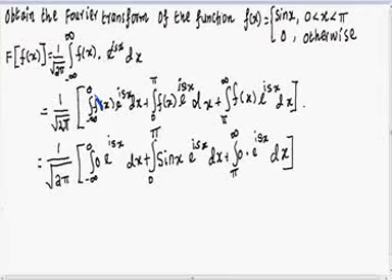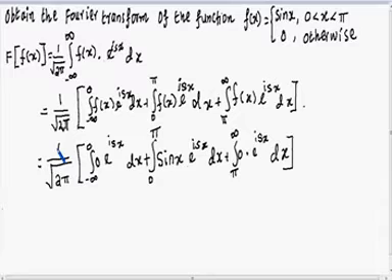So the Fourier transform of f of x is equal to 1 divided by square root of 2 pi integration of minus infinity to 0 f of x into e power i s x into dx plus integration of 0 to pi f of x into e power i s x into dx plus integration of pi to infinity f of x into e power i s x into dx, and this will be equal to